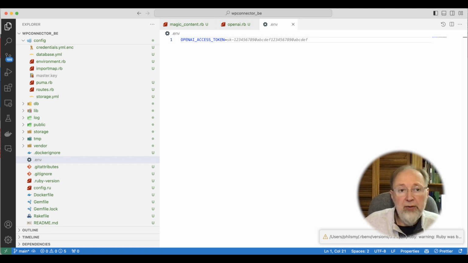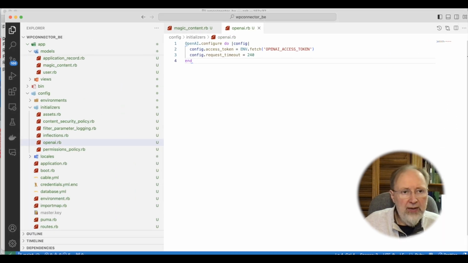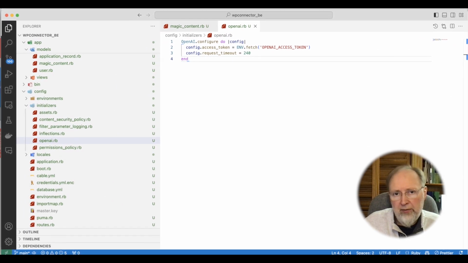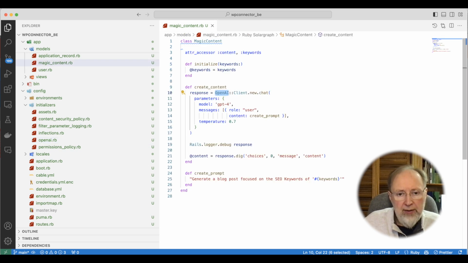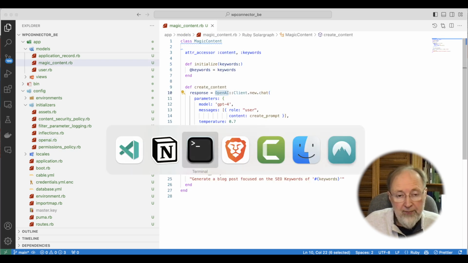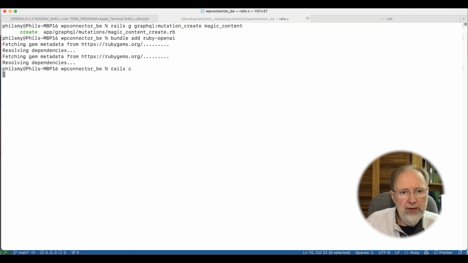I'm just going to move it off screen so I can put in my real token. Back in a second. All right, so I have the real token in there now. And we have an initializer. And now this actually should work. So if we fire up the console again,